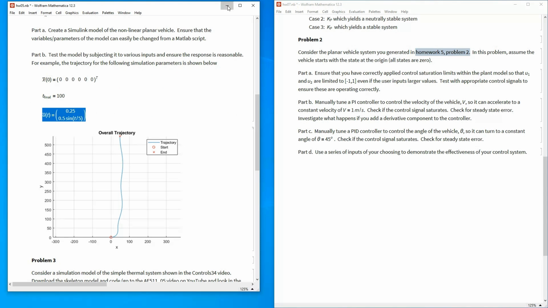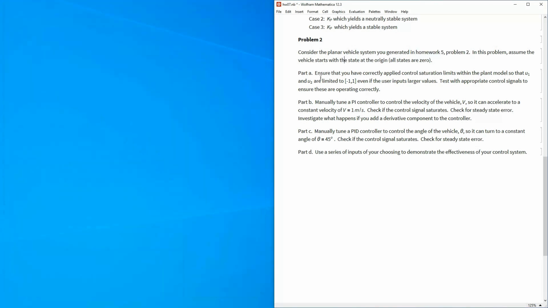So what I'd like to look at now in homework 7 is, okay, we are going to now manually create a PI controller that will control the velocity. So you want to make sure that you can use the U1 signal to basically accelerate the vehicle and control the velocity. And what I'm looking for here is we're just manually tuning this. So forget about root locus or any of these other techniques. This is effectively guess and check, right? This is play with PI values or the KP and the KI values until you get something that seems reasonable,